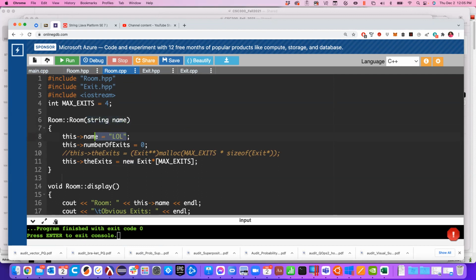Then how do you set it to the default? If I just say, give me a room, it's the default LOL. But when I say, give me a room called... So are you asking how do you have a constructor that allows them to not pass it a room name if they wanted to? This is something that actually isn't allowed in a lot of our more modern languages, but you can say string name is equal to LOL up here like that, so that if they don't give you something,